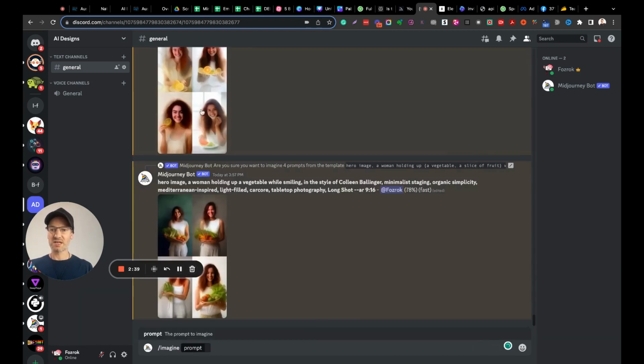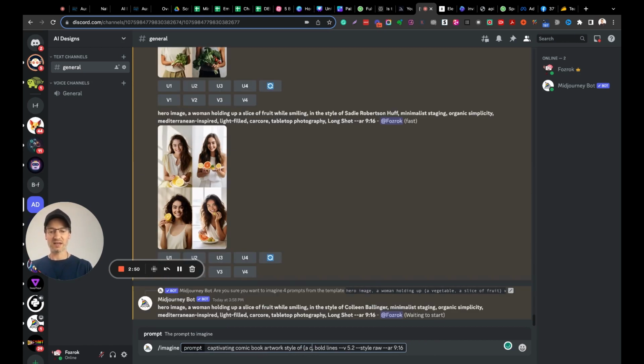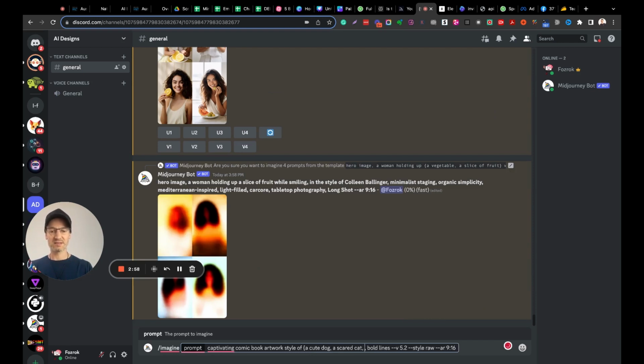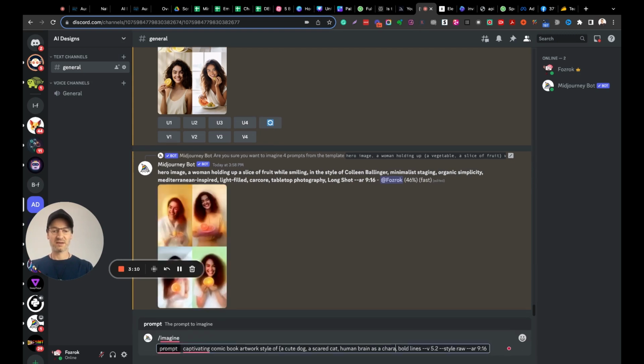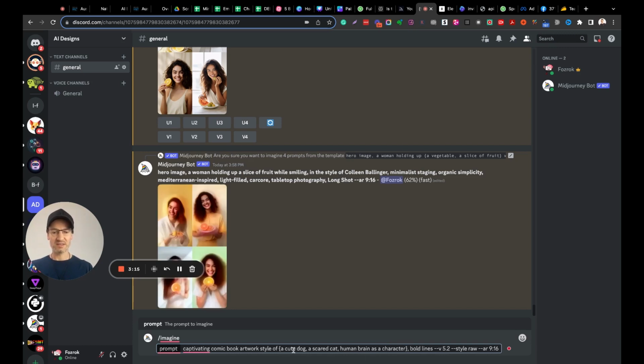Okay, so whilst this is just working on these images, one of my other favorite styles is something like this: captivating comic book artwork style of, and then we get to insert something else, of a cute dog. We'll do a scared cat. We'll do a human brain as a character. We'll do close with curly brackets, and so it's going to run that multiple times, and we'll get some